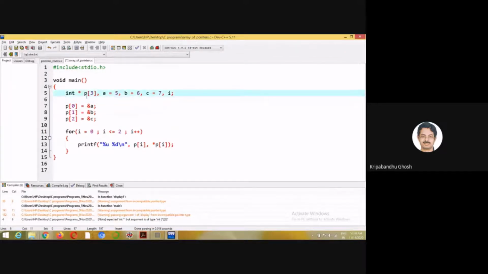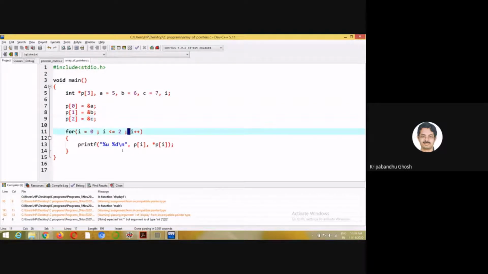So it is an array of 3 pointers. So what can I do with that? Since p0, p1 and p2 are pointers to integers, they can point to 3 integers. p0 can point to ampersand a, p1 can point to ampersand b, and p2 can point to ampersand c, because a, b, c are integers.